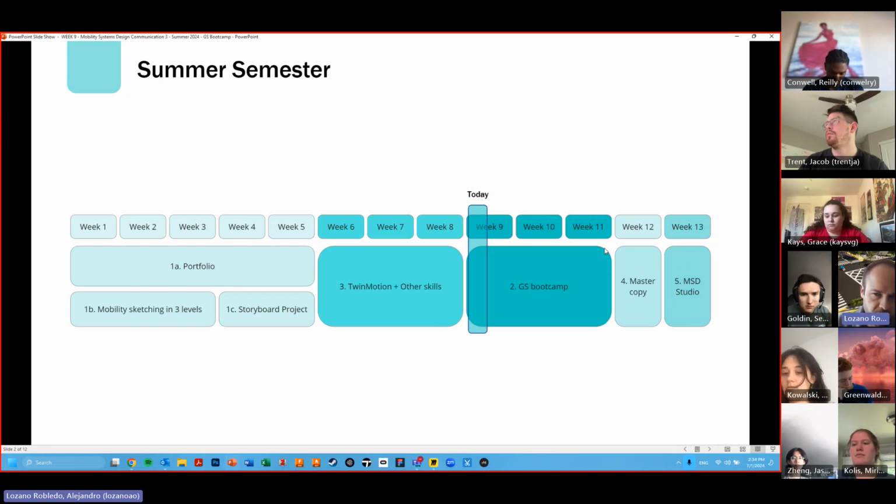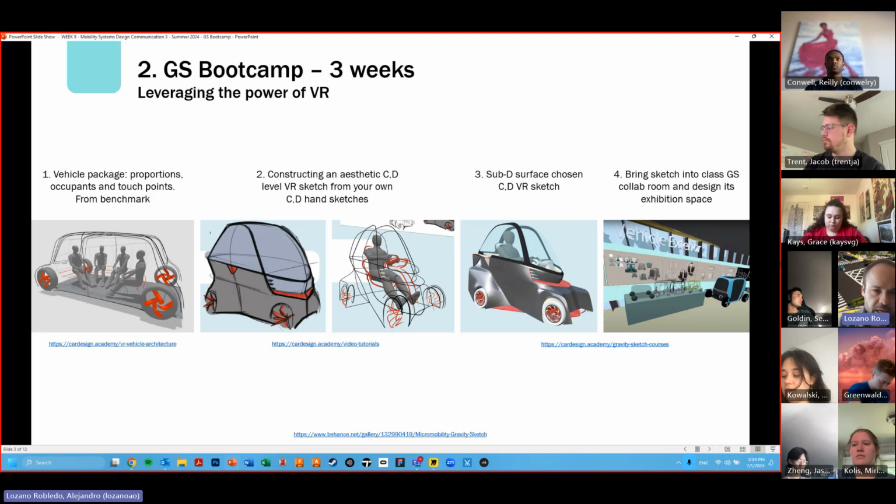By the time we get to week 11 or 12, we'll check in again and I'll talk to you about it. There's a benefit for that assignment, but maybe it may be an even better benefit to spend more time in Gravity Sketch and in your final Studio. So what are the next 3 weeks about? It's a Gravity Sketch bootcamp. Gravity Sketch and VR have so many different types of applications. These are the 3 most important applications that I will teach you, which I've broken into 4 components,